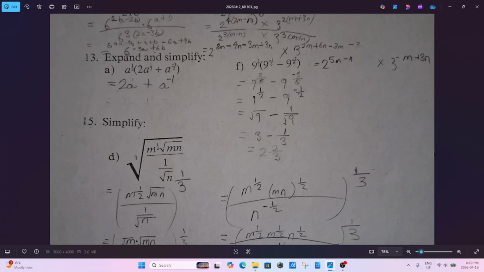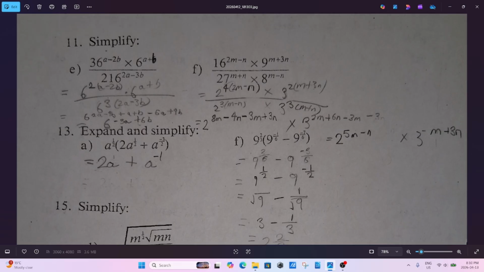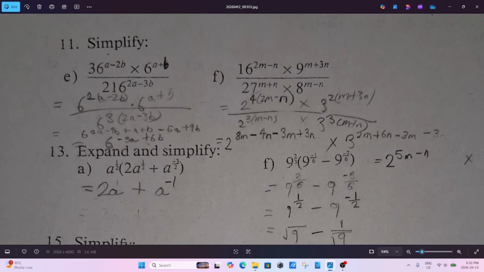Exponent laws challenge questions. Question 11. Simplify 36 to the exponent a minus 2b times 6 to the a plus b, divided by 216 to the 2a minus 3b. So we're going to rewrite 36 as a power with base 6, and 216 with base 6 as well. So that becomes 6 squared